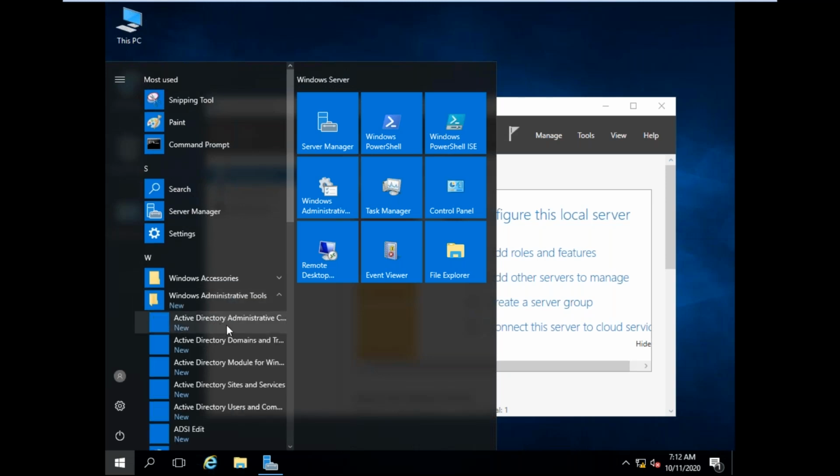Here you can see Active Directory Administrative Center, Active Directory Domains and Trusts, Active Directory Modules, Active Directory Sites and Services, Active Directory Users and Computers. Previously these were not there. Now we added them. Once you configure a domain controller, you can check that this server is an Active Directory domain controller. Here also you can check.